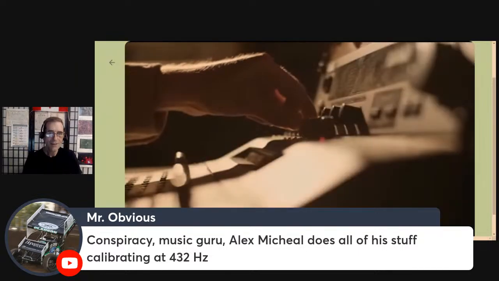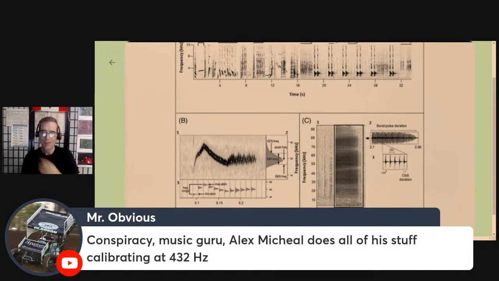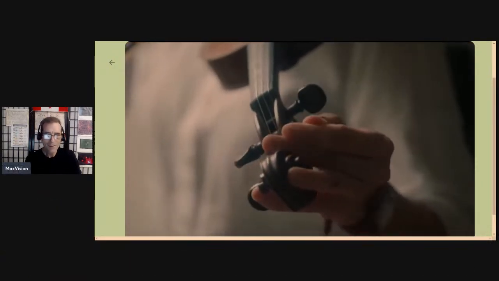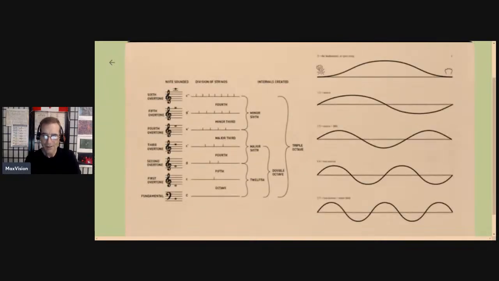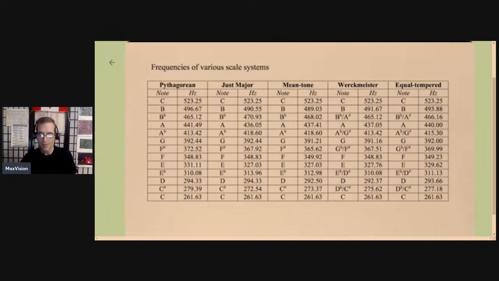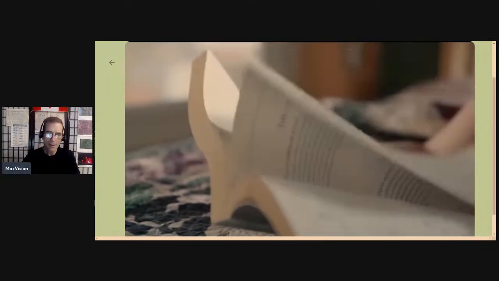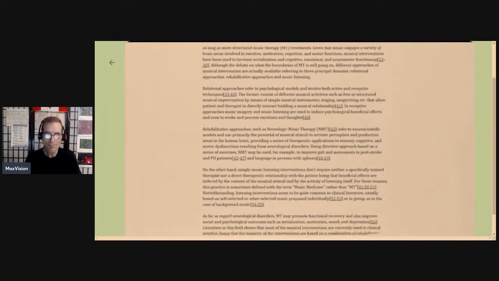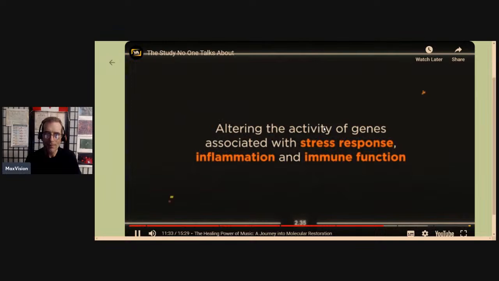Research in the field of bioacoustics suggests that certain frequencies and harmonies can resonate with specific parts of the body. Just as a skilled musician tunes their instrument to produce harmonious sounds, it is conceivable that music, when carefully composed and attuned, could create resonances that interact with the vibrational frequencies of our DNA. The potential healing influence of music on DNA extends beyond the realm of mere speculation. Studies have indicated that music therapy can impact gene expression, altering the activity of genes associated with